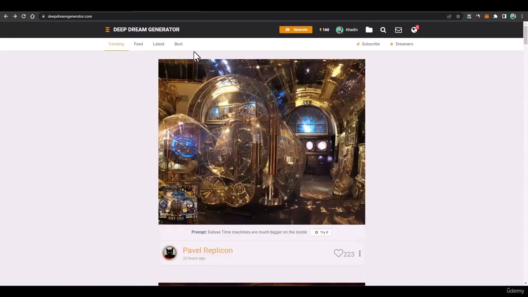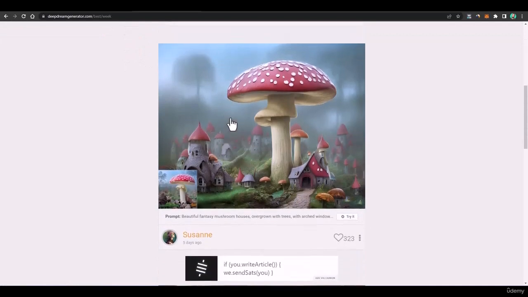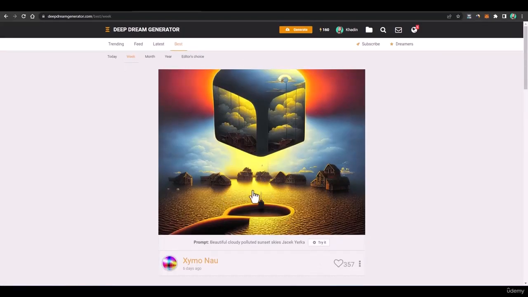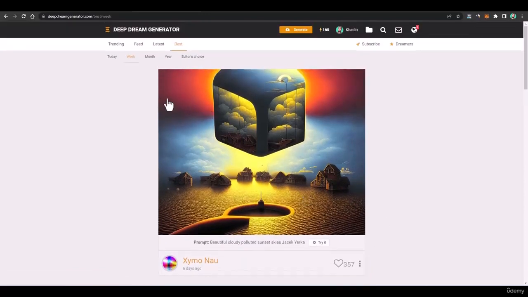Then you can go to this best section to see the best arts of, let's say, this week. And here you can see what strategies they are applying to generate that amazing art with 350 plus likes. This is in the best section, and you can generate the same art by applying the same strategies, but with a bit of modification. And then you can sell it on the platforms that I'll be showing you in the next section. The better the art is, the more chances for it to be sold, and you can have better pricing as well with better business.